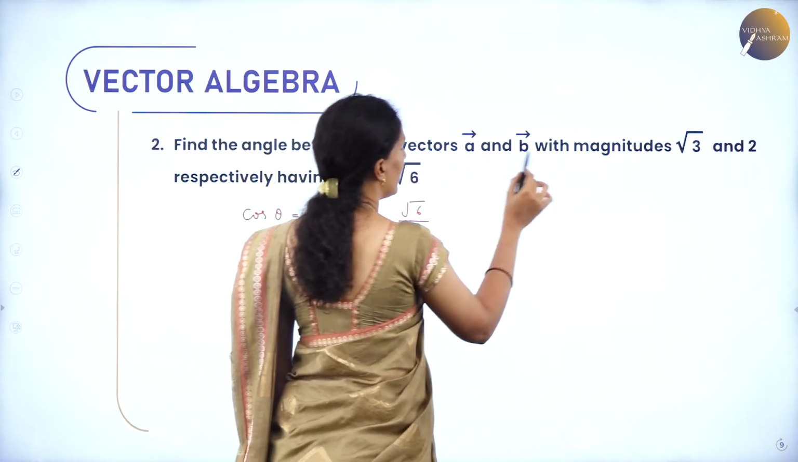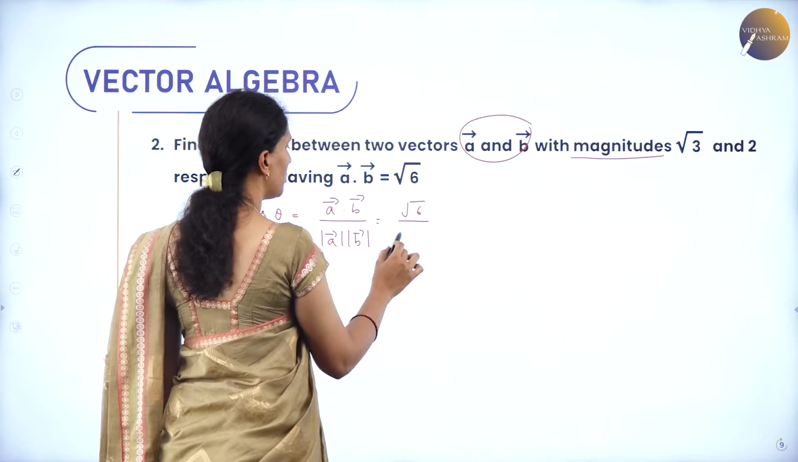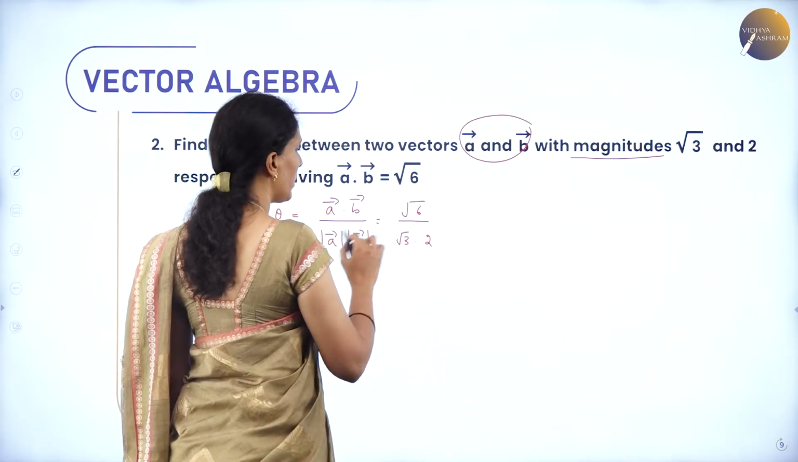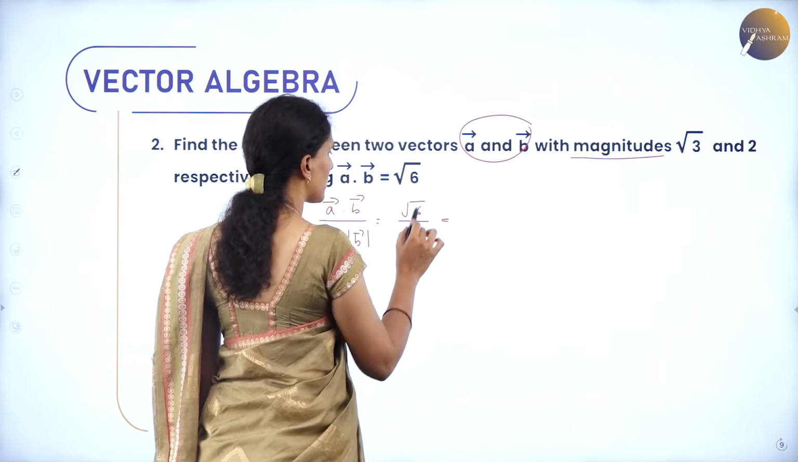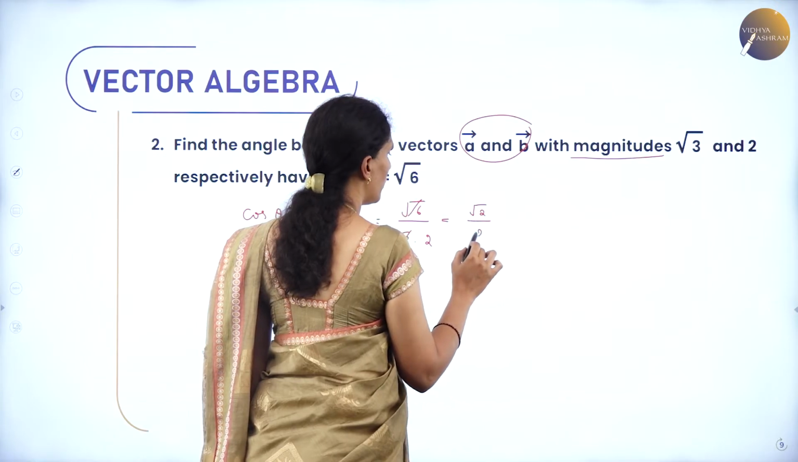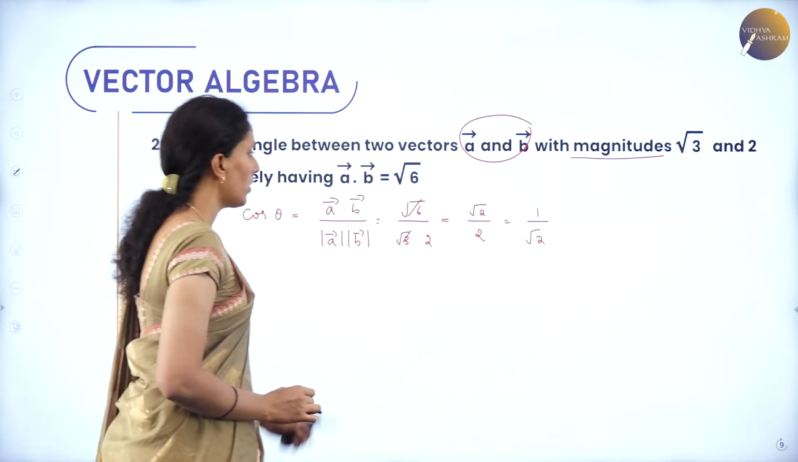So, here the magnitudes of vector A and B are given. The magnitude of A is root 3 and B is 2. So, when you cancel this, root 6. So, you will get it as root 2 divided by 2, which is nothing but 1 by root 2. So, now we have